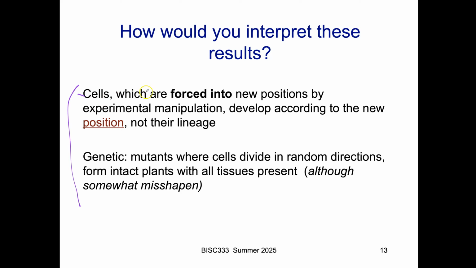So if you ablate some tissue with a laser or something like that, and then you force them into a new position, we find that the cells will develop according to their new position, not their lineage. And in a genetic experiment, there are some mutations called FAS, and there's a few others. But the cells, they don't